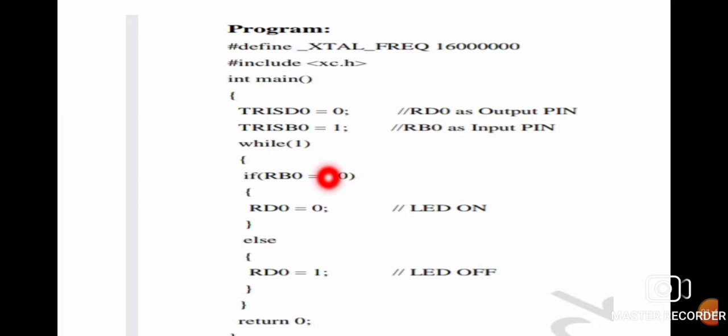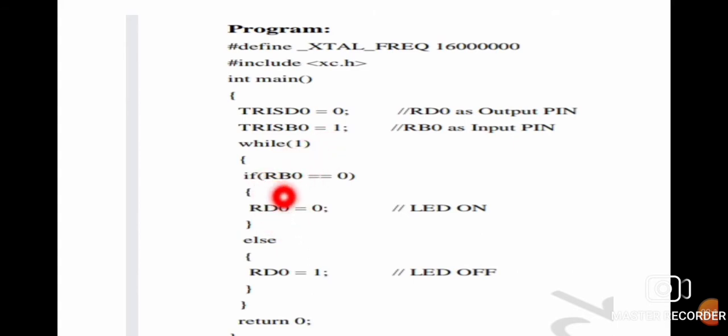And if you want to use a particular port as an input, you have to assign 1 to that corresponding port. Hence, in our program, we are going to use 0th bit of port B as an input port, hence 1 is assigned here. So this is the while loop.